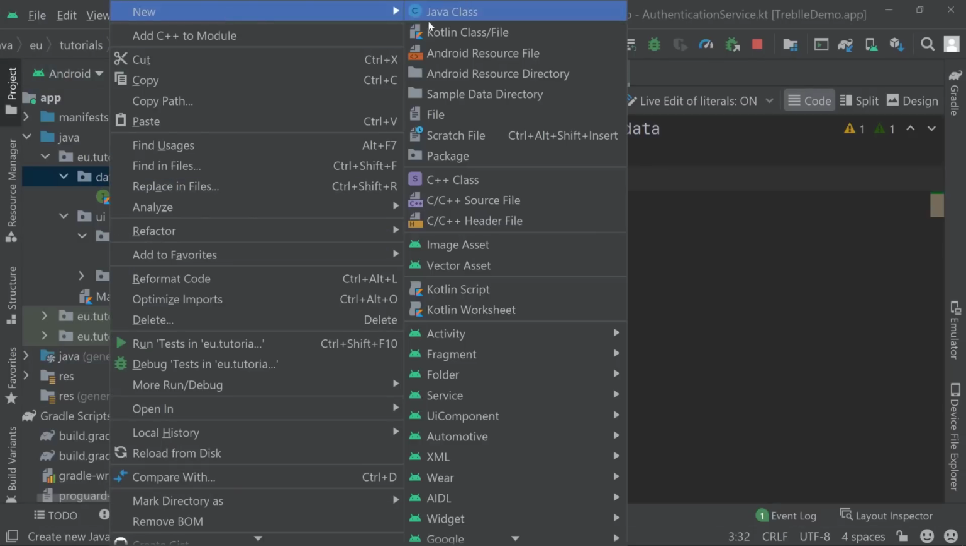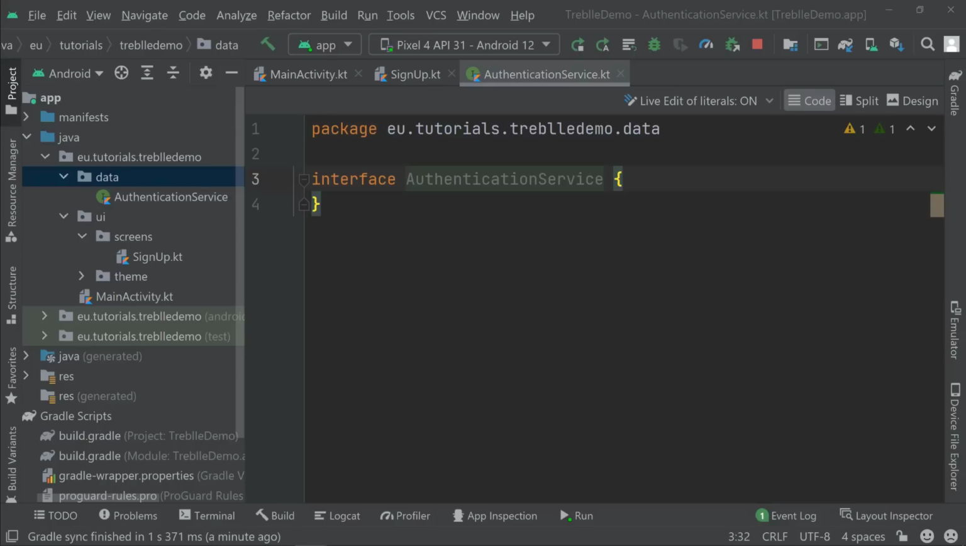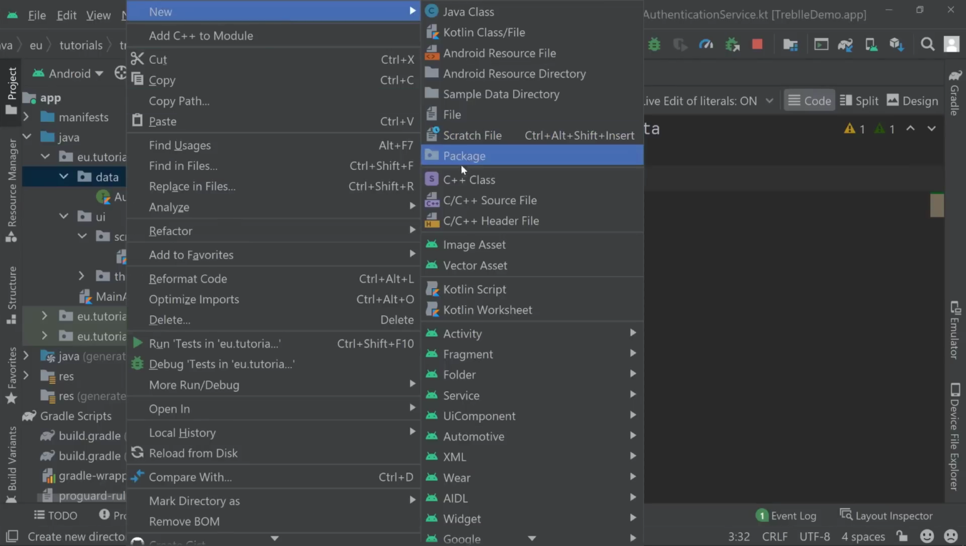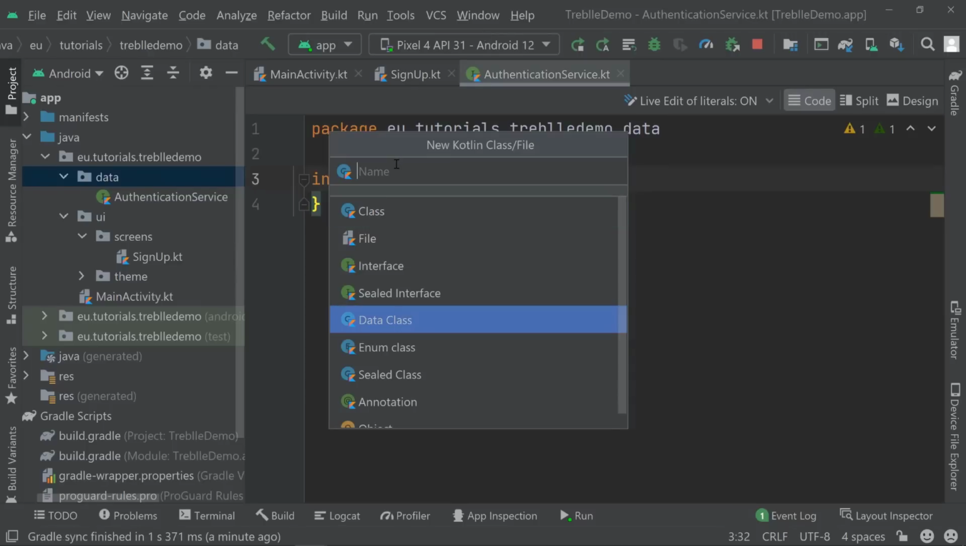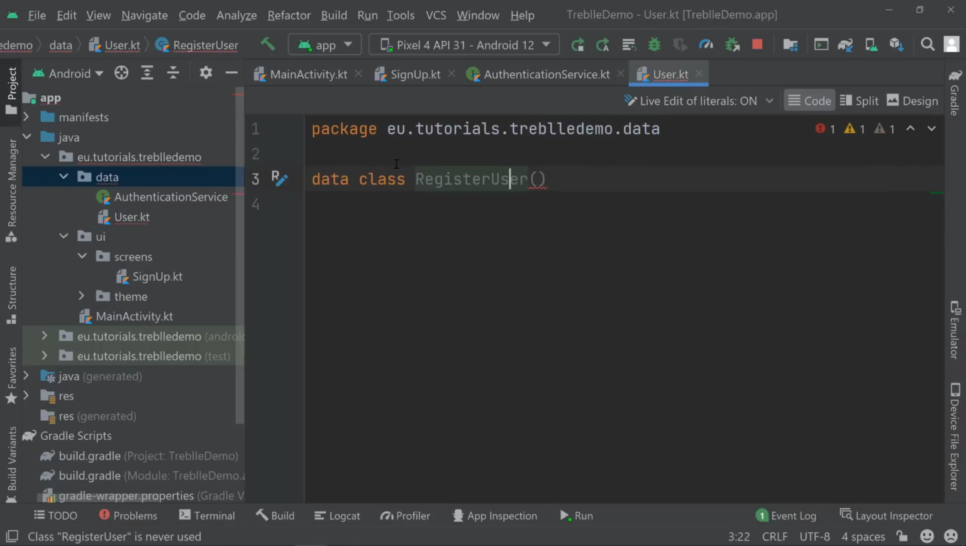Let's first create our model. You could, of course, also create an extra model folder for it and so forth, but I'm just going to keep it simple. I'm going to make this a data class. So here, Kotlin file, class, data class, user. So we want to know how a particular user is going to look. You could call it user or register user. I'm going to call this one register user, and